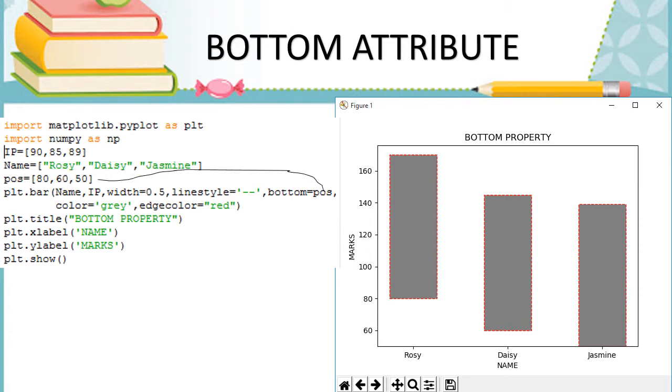So the bottom attribute takes the values 80, 60, 50. The first bar's bottom is 80, and the second bar, see here, will come at 60 on that straight y-axis, and then the third bar will be at 50. So it touches the x-axis baseline.